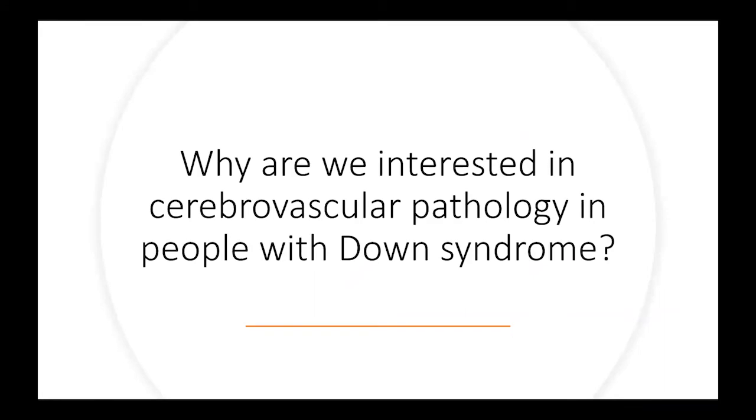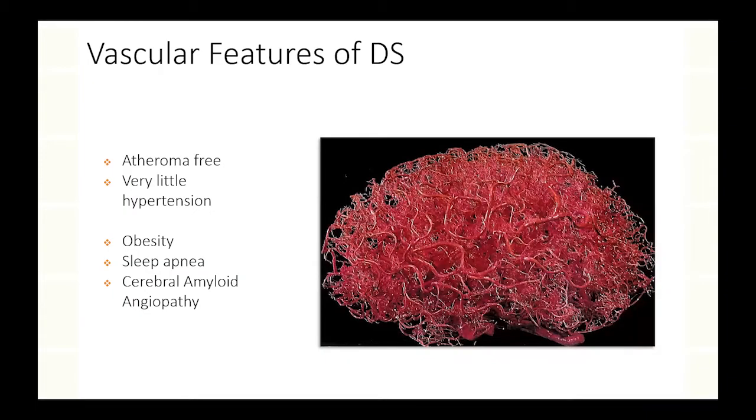So one of the gaps that I thought was really interesting to kind of look at in Down syndrome was cerebrovascular pathology. And there was really kind of an interesting tension on this question. And it is, when you look back at the literature for many decades, this was not an area of focus in aging and Down syndrome, and I'll tell you why that is. And this is why sometimes asking the questions that you don't expect to ask gives you some really fun new leads to pursue.